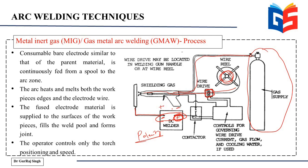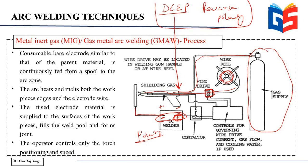terminal in case of MIG welding, and this is also referred to as a polarity which is called DCEP, direct current electrode positive, since the electrode is connected to the positive terminal, and this is also called reverse polarity. So the concept of polarity we'll be seeing separately in another individual video, but for now it is very important to note that MIG welding is always preferably done using reverse polarity or direct current electrode positive